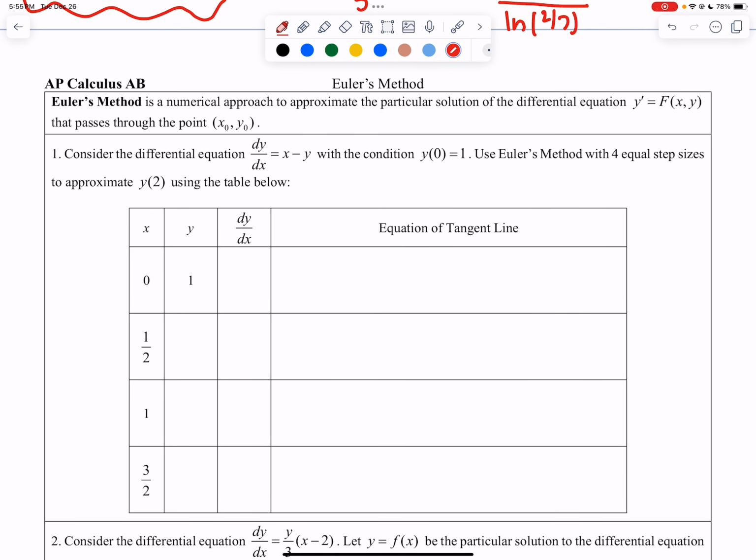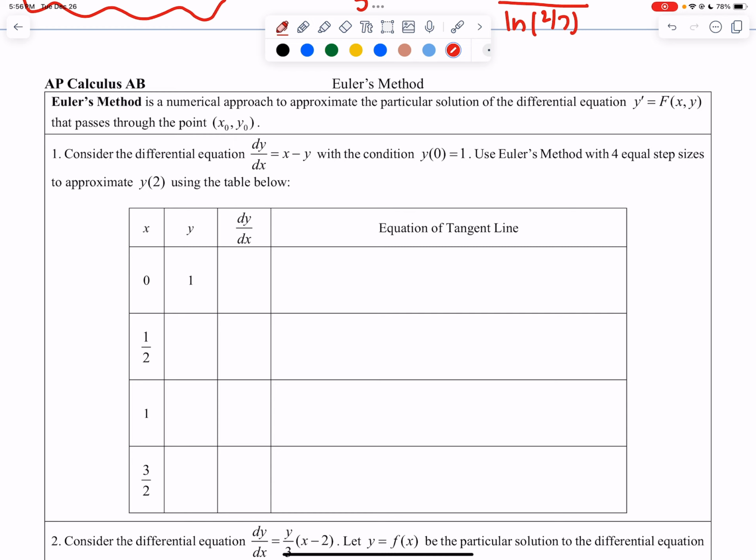Euler's method is a numerical approach to approximate the particular solution of the differential equation y prime is equal to capital F of x comma y that passes through the point x sub 0, y sub 0. Essentially, what we are doing here is just approximating tangent lines. And then once we do that, we're going to approximate the tangent line even more and even more using substeps. So think about this in terms of, let's say, using the trapezoid rule,